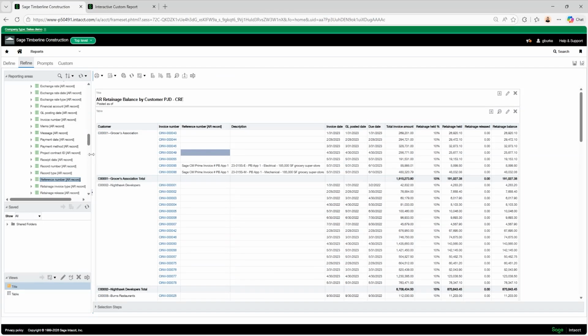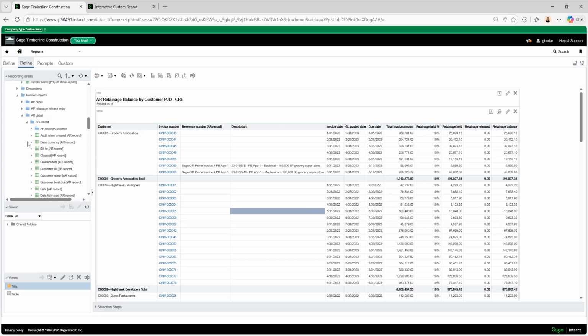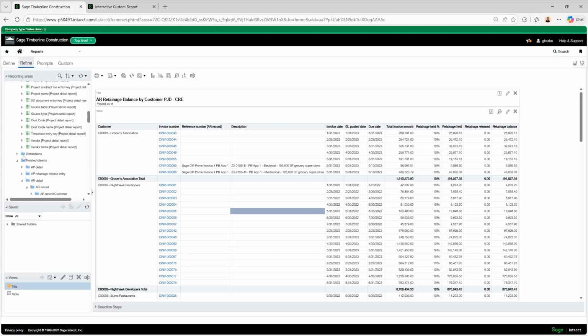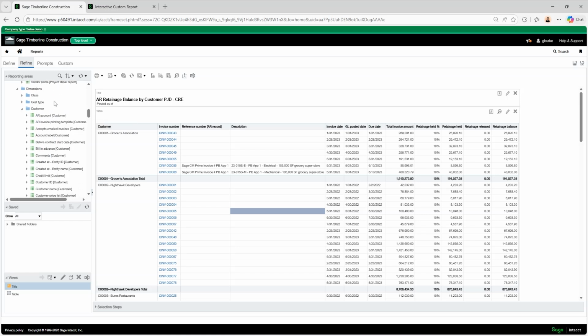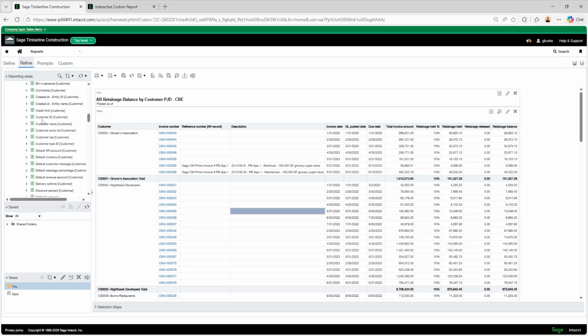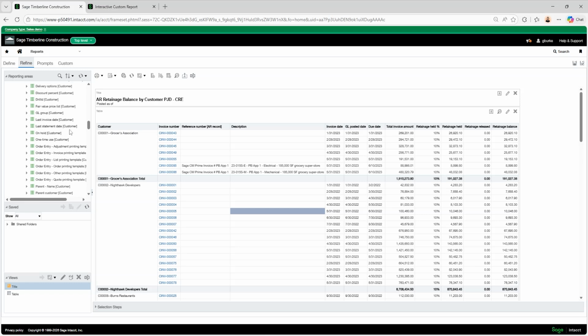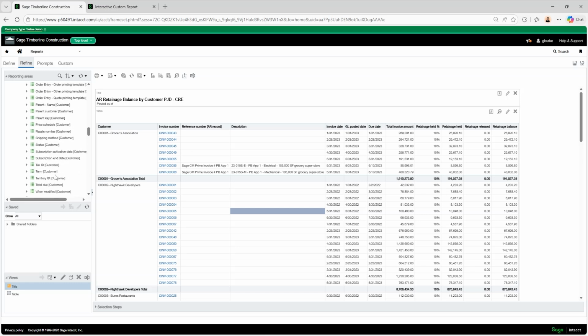So that was an example of a related object, but there might be other things you want to add. Like say there's something about the customer you want to add. The customer, you can find their folder under this dimensions folder. Then you can expand customer. And then from there, you can choose whatever field you may want.